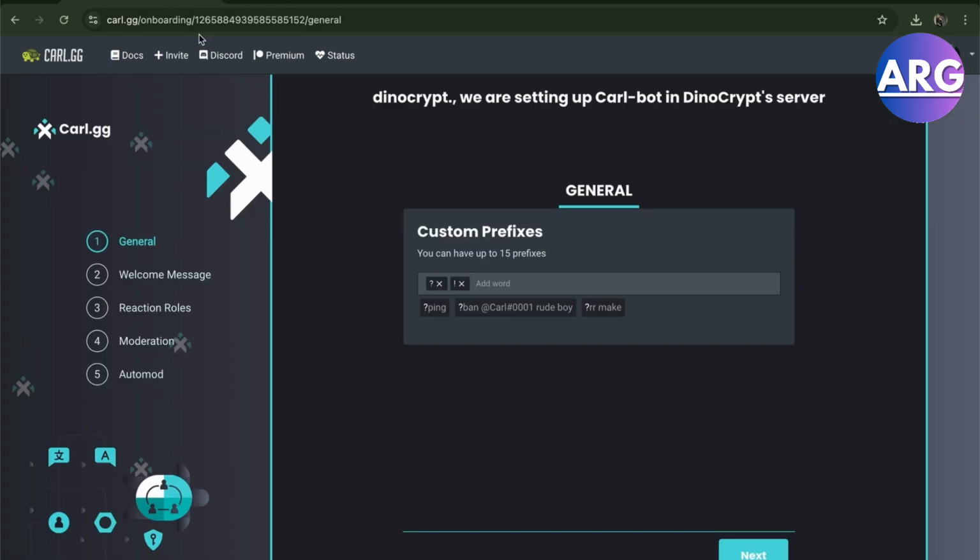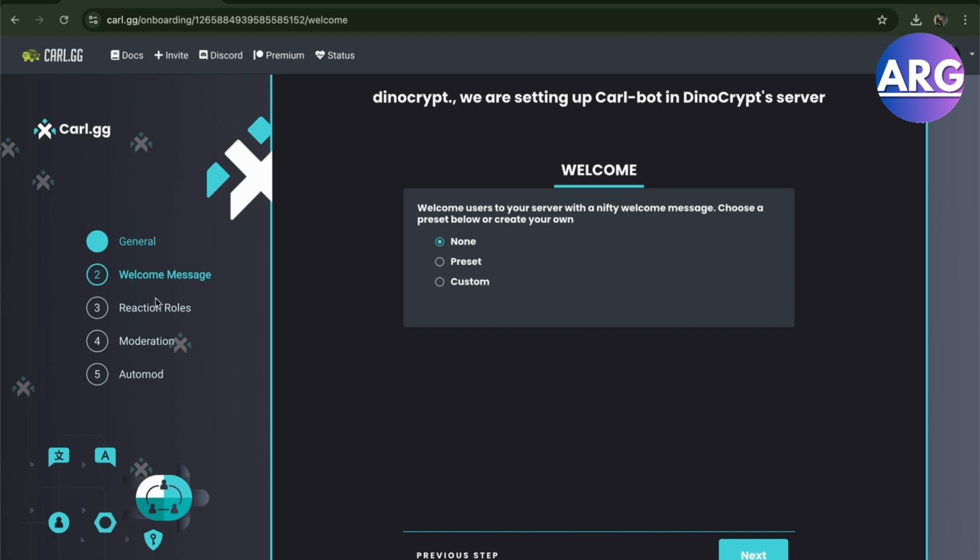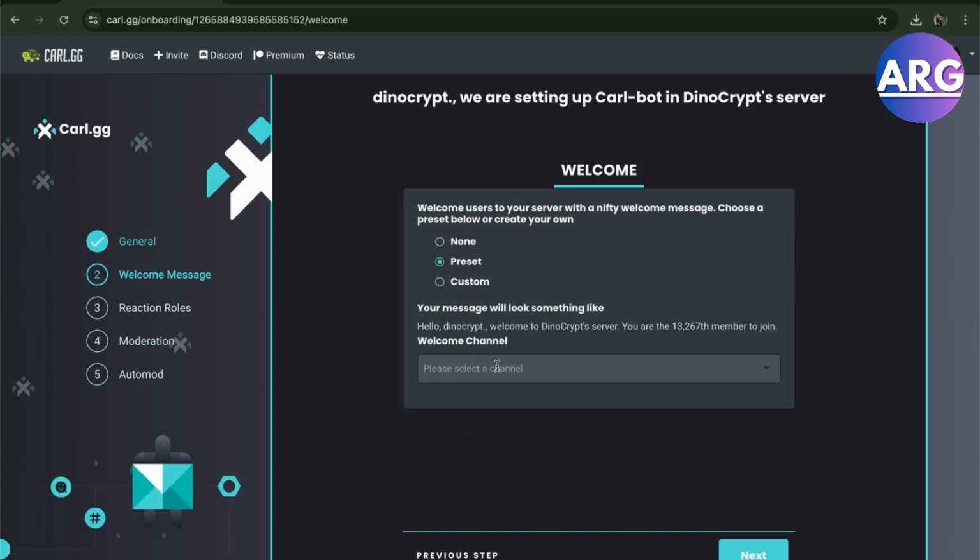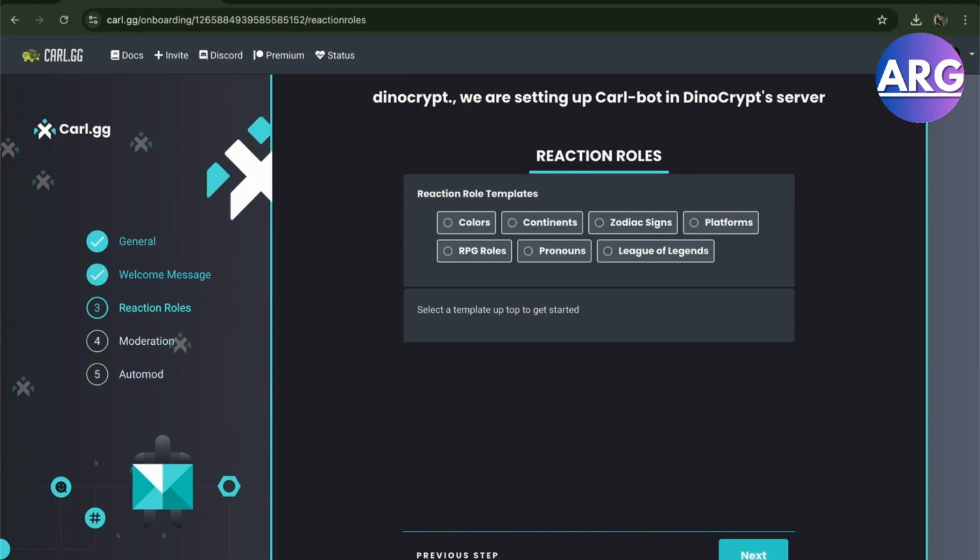All you have to do is go to your Carlbot dashboard and log in with your Discord, and then here you'll be shown your custom prefixes. So just press next right there. Here you want to add your welcome message. Let's just say in the general chat, and then let's place a random message, and then we'll press